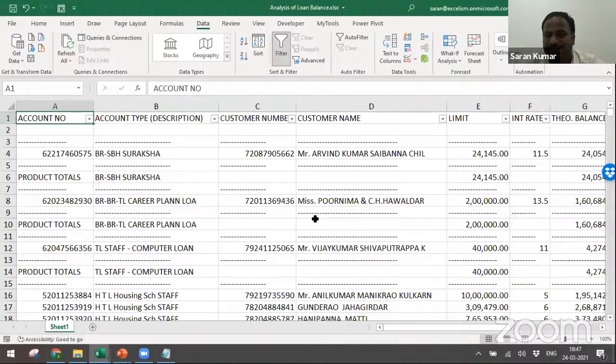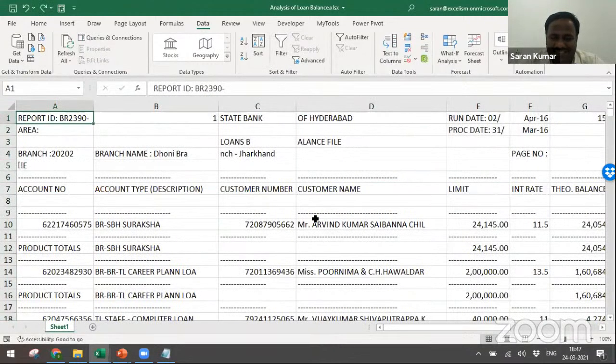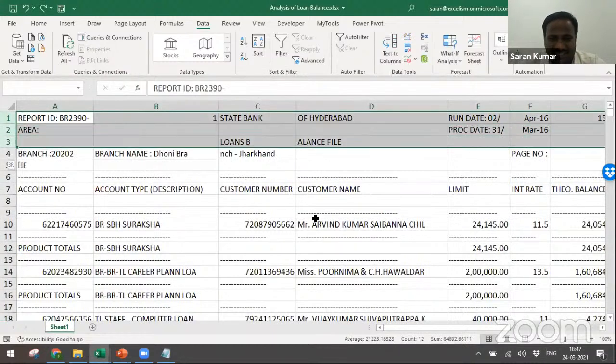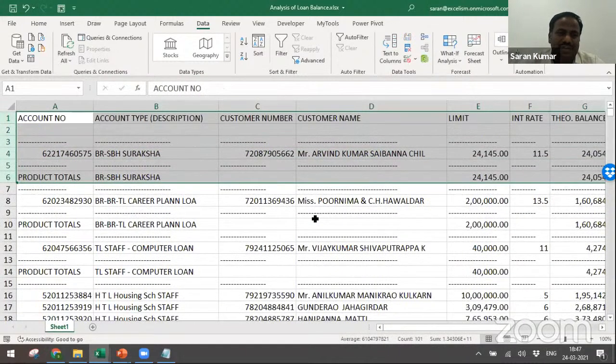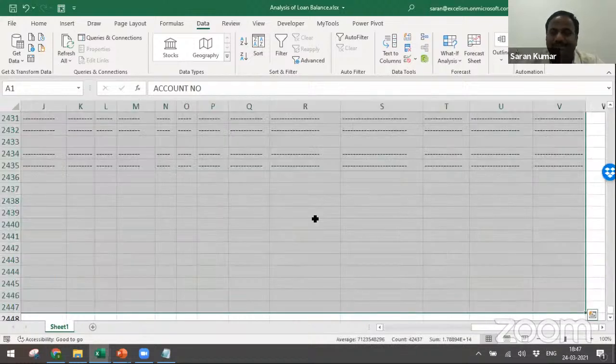Okay. Let me have a filter. My suggestion is, see, I did a couple of steps. When I just did text to column, my suggestion is always to delete till the heading so that you can see the heading and you can play with the data. Let me do Control Shift End. Once you do Control Shift End, then you can keep the filter. Control Shift End is the shortcut to take you to the extreme towards the right side.